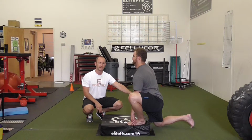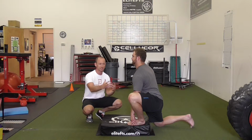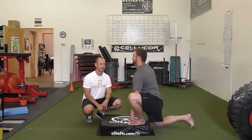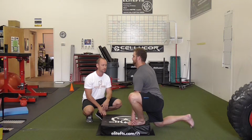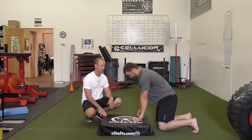By dropping that other leg down, it helps keep him in a more neutral position. That's okay because we can work mobility side to side. It doesn't have to be both sides at the same time necessarily when we're working on our stretching or our mobility. Again, you would do 2 15-second holds. But let's just go to the other side now from the same position just so we can see what it looks like